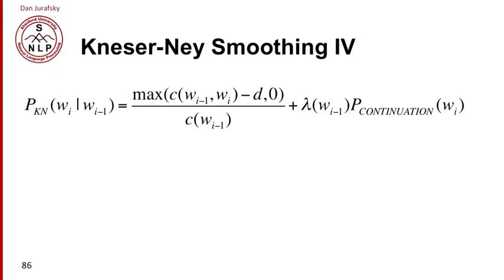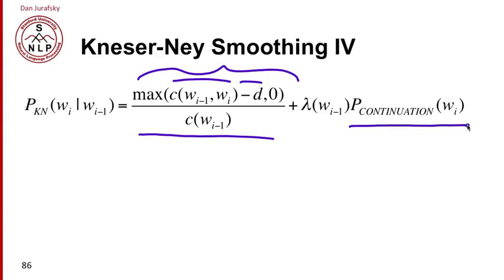So if we put together the intuition of absolute discounting with the Kneser-Ney probability for the lower order n-gram, we have the Kneser-Ney smoothing algorithm. For the bigram itself, we just have absolute discounting. We take the bigram count, we subtract some discount d, and I've just shown here that we take the max of that and 0, because obviously if the discount happens to be higher than the probability, we don't want a negative probability. And we're just going to interpolate that with this same continuation probability that we just saw,